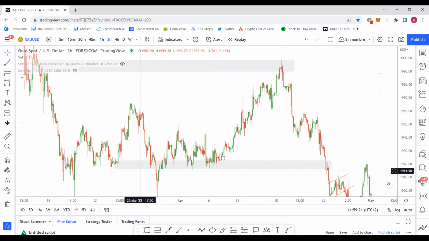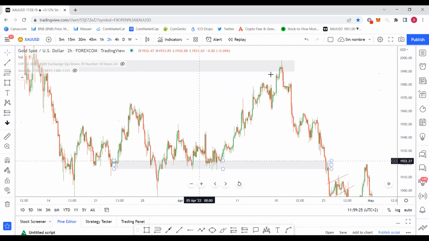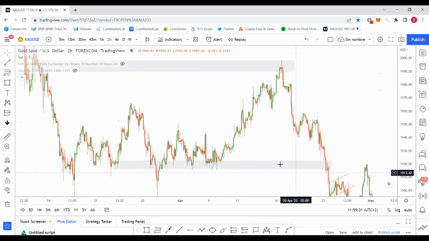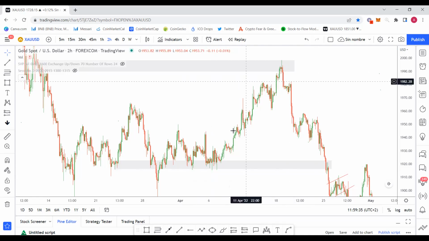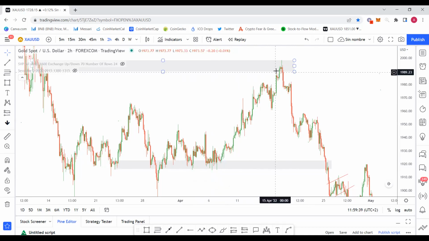We know this is a demand, this is a supply. We want to trade in the hypothetical case from this zone to this zone, okay? So we have it clear. Our plan is clear. Buy from this zone, sell on this zone. Institutions also have it clear. They do not care what happens here. They are buying on this zone and selling on this zone.